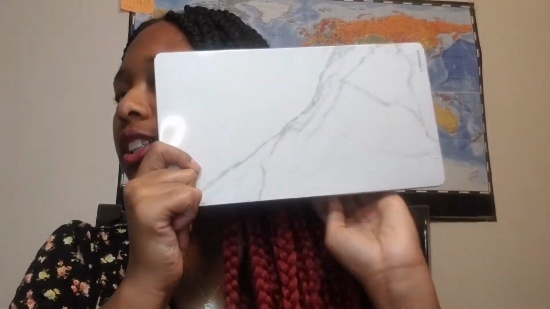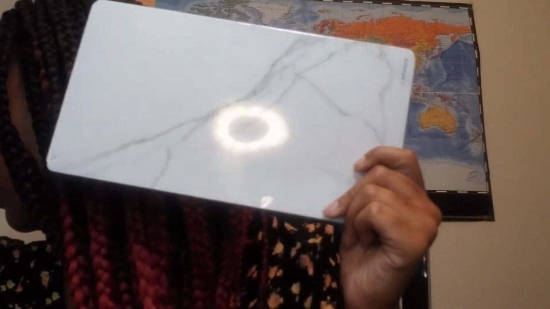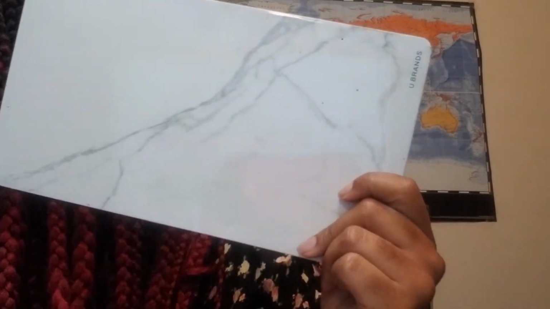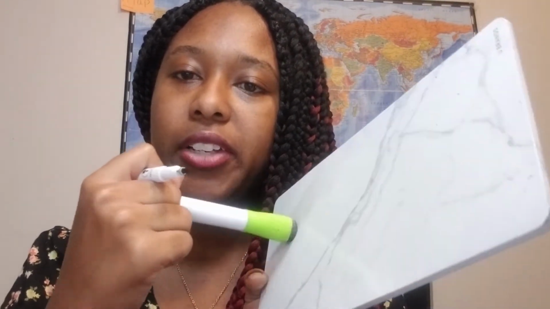I need to get some new markers. I'm going to make a video on the things that you need to teach. But yeah, this cute little board, I got it from Target, if I'm not mistaken. And I got some markers with it. Let's see if you're going to be a strong one. Probably this one. All right. Are you working? Yeah, you're working strong. All right, so off topic, I like these markers. They're cute, simple, and I like that it has an eraser at the end, but that's another video. So anyways, so